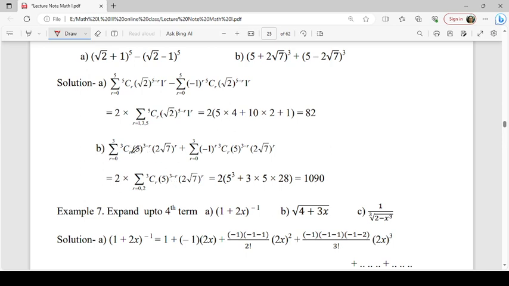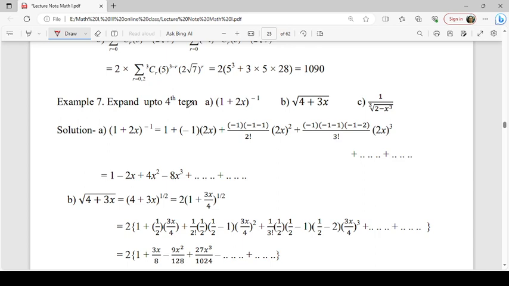When r is equal to 1, it is positive and it is negative, so this will get cancelled, same value, but its sign will alternate. So when it is plus, we need to keep the even r's, and when it is minus, we need to keep the odd r's. So like this we calculate this one